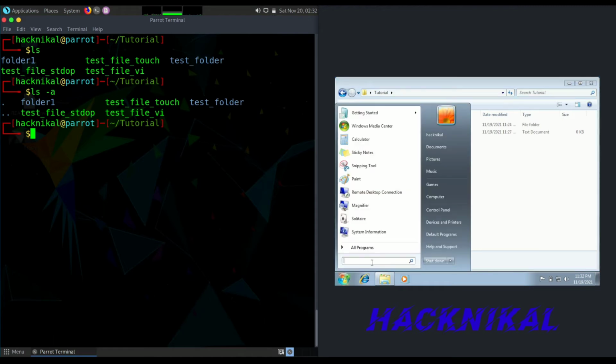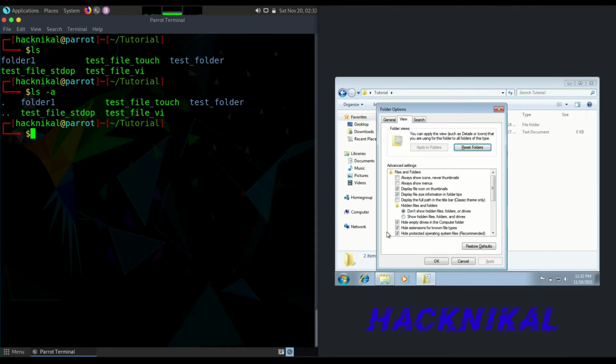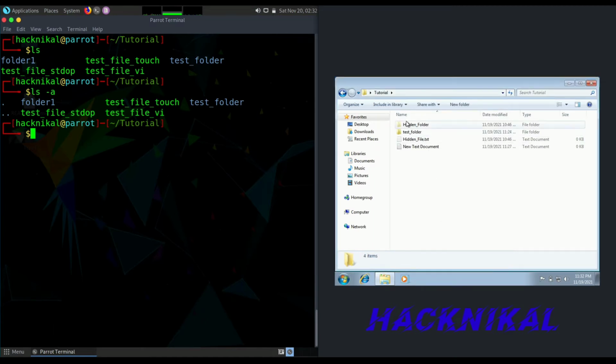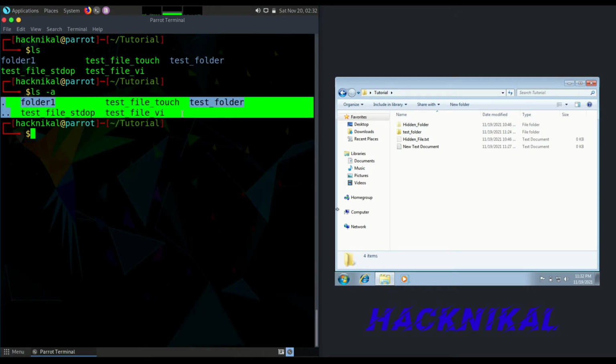Let me show hidden files over here. There is one hidden file and one hidden folder inside this tutorial folder, and they are grayed out. The same happens with Linux. If the file name or folder name starts with a dot, it will be treated as a hidden directory or hidden file in Linux.